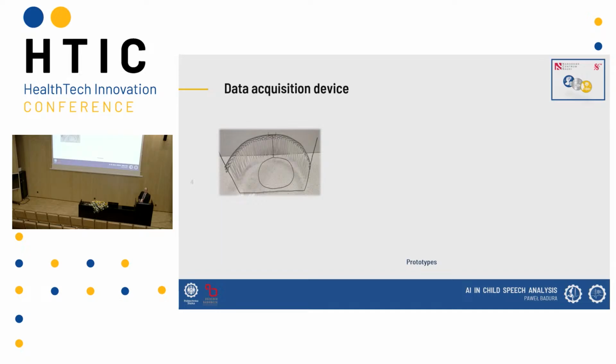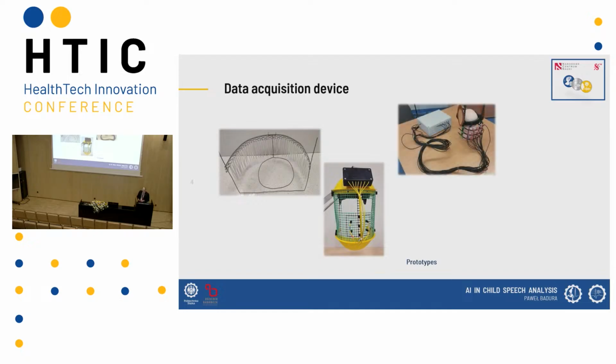Probably this visualization was already available on the screen with Michał's speech. This was the first idea, how to try to trace the outflow of the air during mispronunciation of some phonemes. Of course, it needed some electronics to work, so then it looked like that. It was tested on a lot of kids, mostly from the family, without any knowledge of the bioethics committee. But then finally, it became a little bit more structured.